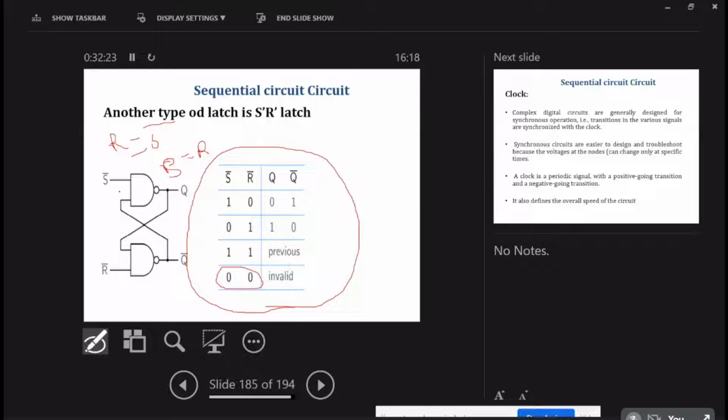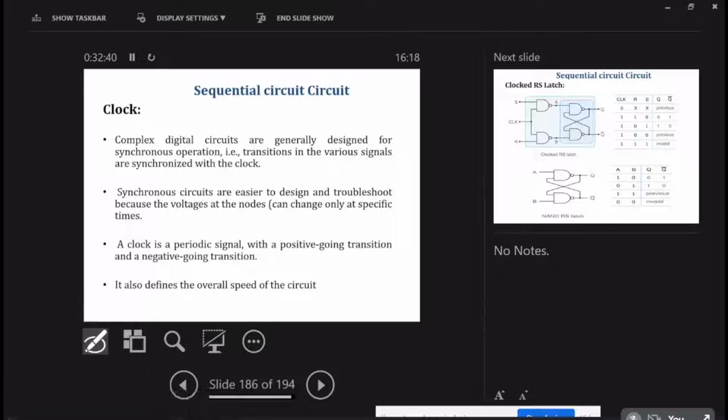Combinations or on certain moment. Okay, we don't want immediate change of the state with the change in the inputs. To do so we require certain means. For that purpose we require some enable circuitry or some clock circuitry. The clock or enable circuitry we can provide at a certain periodic level or certain time.